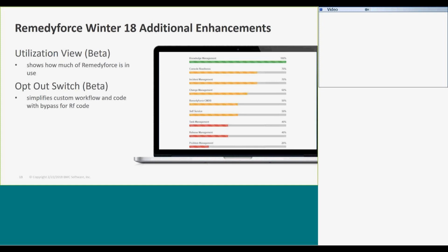So what we've done here is we're providing a field basically that can be set via your workflow or trigger that basically tells our code to not fire in the event that you're running one of your workflows. We're going to have lots of documentation on this and examples and things like that, but a great example is if you have just a simple text field that you're updating via a workflow after some operation happens, and that text value doesn't really drive any